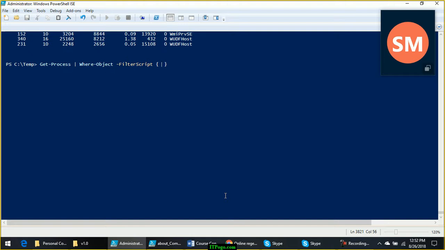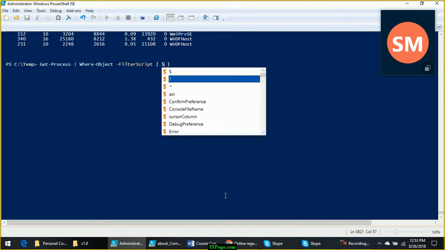For example, as we have discussed, we don't want SVC host. So what is SVC host? It is the name of the process, right? So how do you filter out where the process name is not equal to SVC host? So $_.